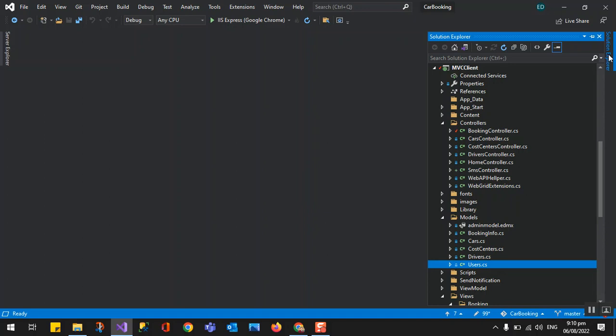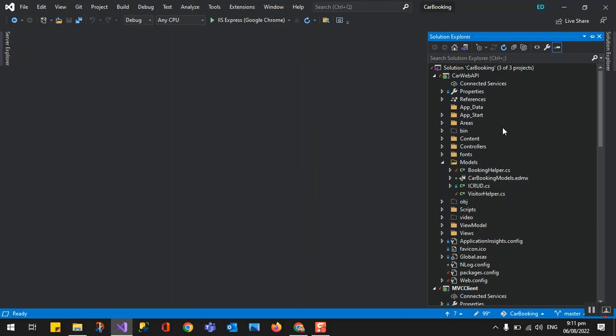viewers. Okay, so actually, I created this simple car booking application. I think it was in 2019. This is just an internal application used by the operation of Asia Pacific countries. So this is inter-brand or inter-country also. So let me show you. I have the MVC client, and I also have